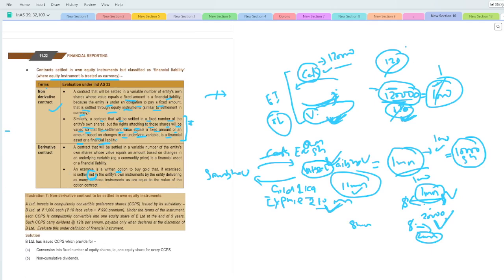So an example is a written option to buy the gold that if exercise is settled net in the entity's own instrument by the entity delivering as many of those instruments as are equal to the value of the option contract. ठीक है। तो ये रिटर्न ऑप्शन के बारे में बात कर रहे हैं। जो मैंने आपको बोला ये फॉरवर्ड कॉन्ट्रैक्ट के पॉइंट ऑफ व्यू से बनाया था।